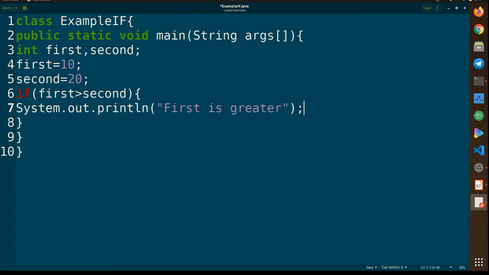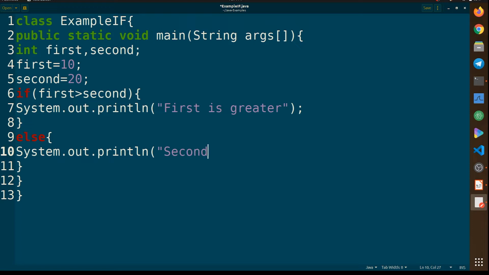So in the else block, we will write System.out.println second is greater. So what we are going to do here is compare these variables. We initialize them, give them some values, and after comparing them we will print something.